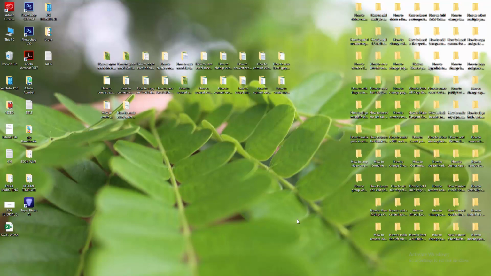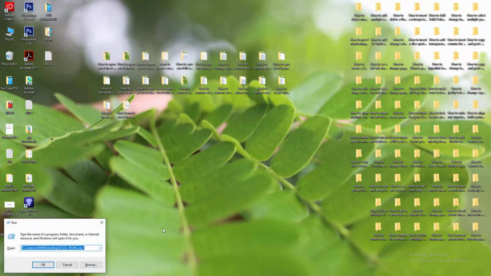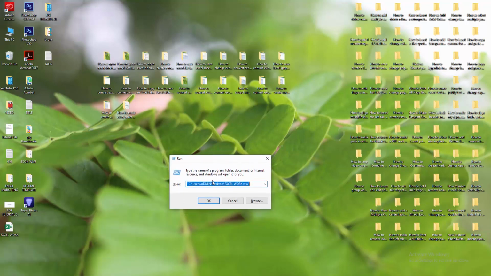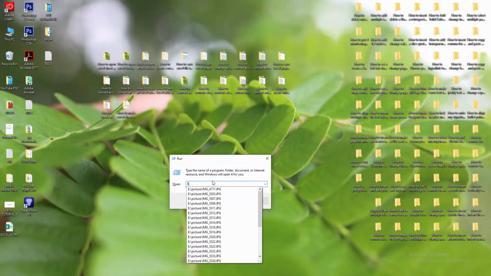In this video, I am going to show you how to open an Excel document in safe mode. Let's get started. At first, open your computer, then press Windows plus R. Now you can see the Open option in Run. Now I will write Excel